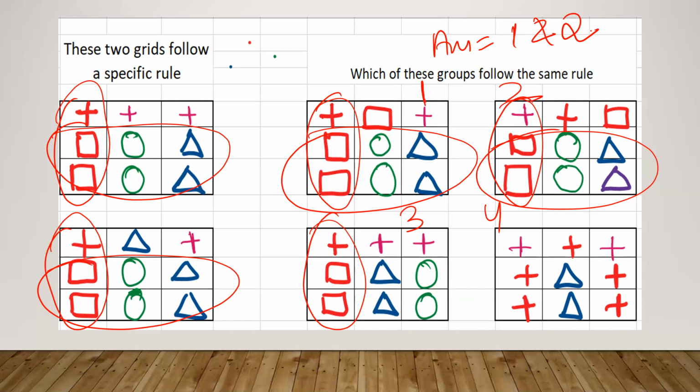Fine. So you can understand these are very easy problems. As such, there's no brain required much to solve them. The more you observe the pattern, the more you can understand them. Whatever pattern you accept should be common in both the grids, which are the problem grids A and B. Then only you will accept it as the pattern to compare among the options 1, 2, 3, 4. You understood, right?